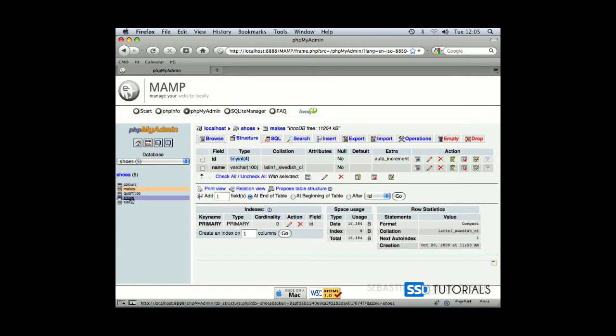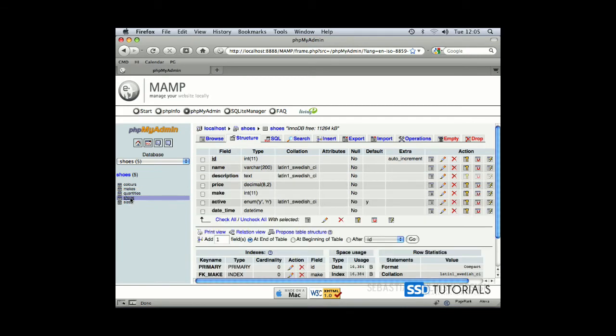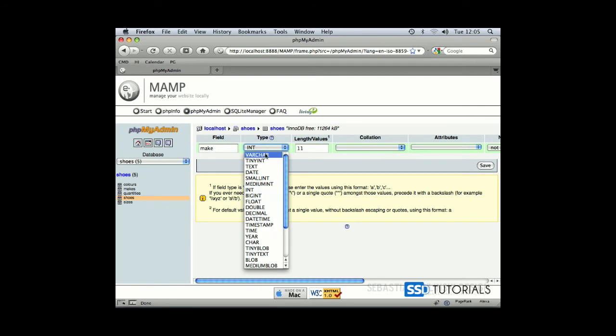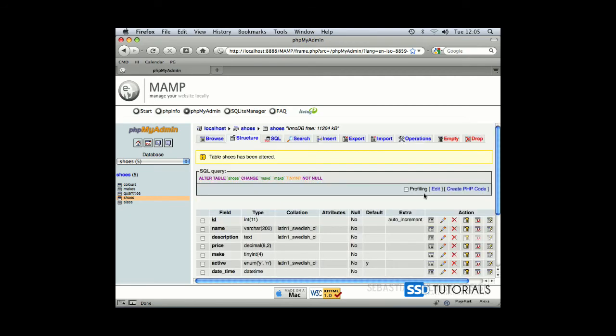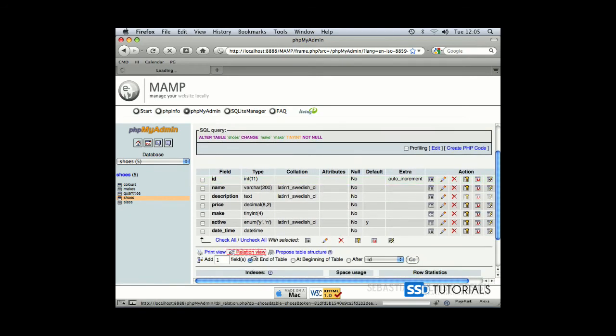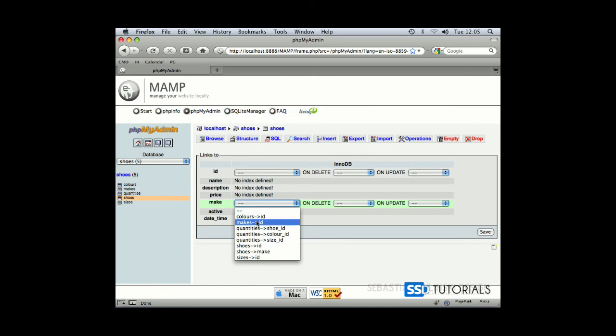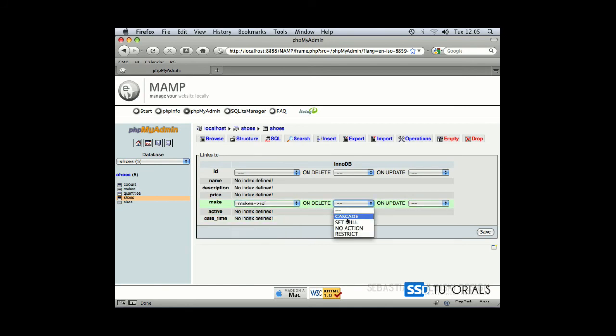So all we need to do is go back to the shoes table and click on this pencil icon next to the make field to edit it and change the data type to tiny integer and remove the length and values. Now save it. And again, if we go back to the relation view, now choose makes ID, on delete cascade, on update cascade,